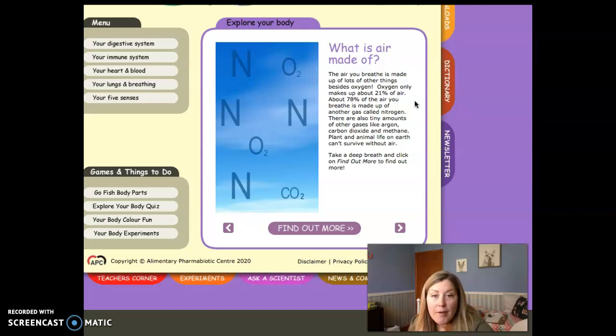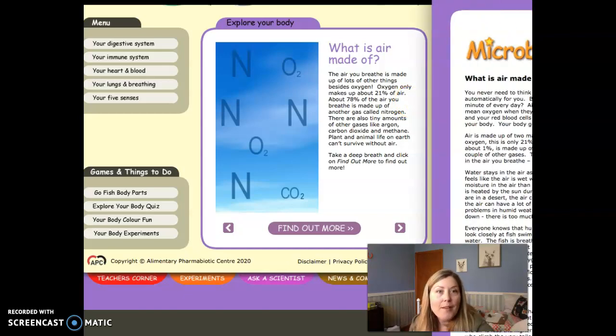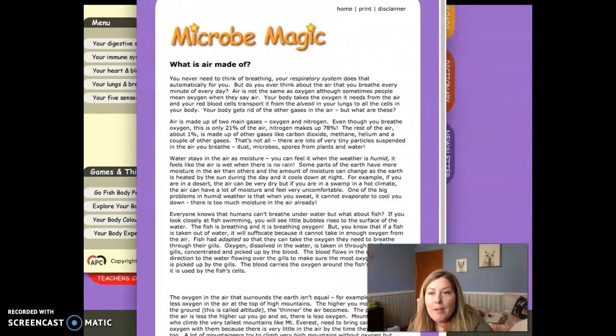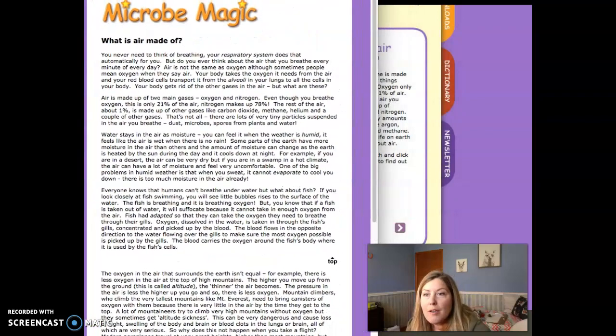Plant and animal life on Earth can't survive without air. Take a deep breath and click on Find Out More to find out more. All right. When we click on Find Out More, we also find out that the rest of air, about 1%, is made up of other gases like carbon dioxide, methane, helium, and a couple other gases. That's not all. There are lots of very tiny particles suspended in the air you breathe, like dust, microbes, spores from